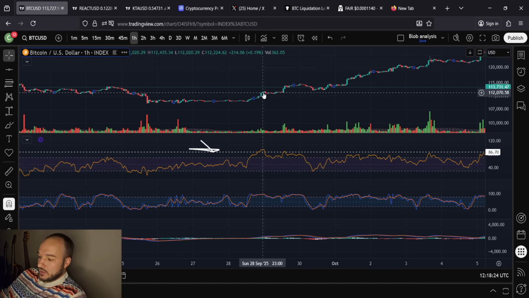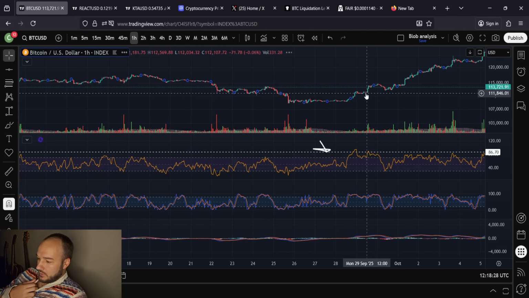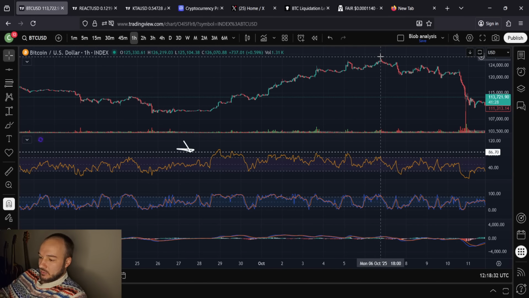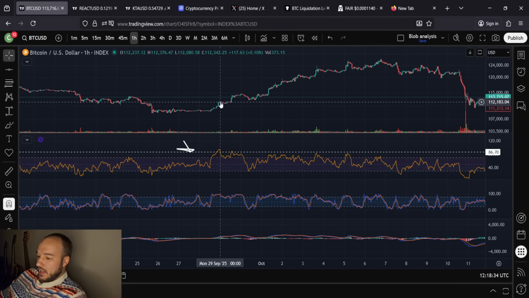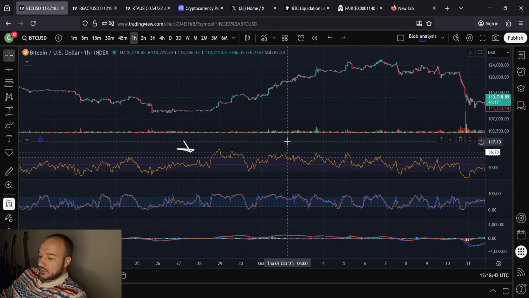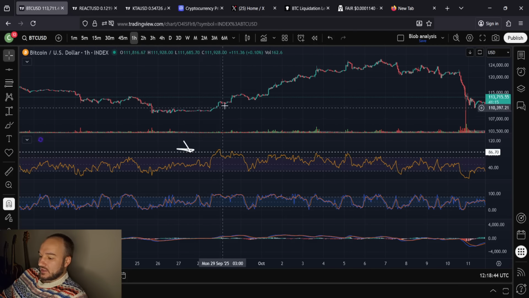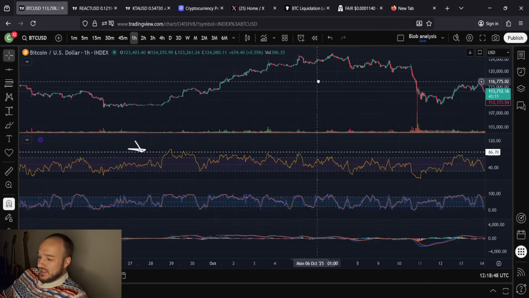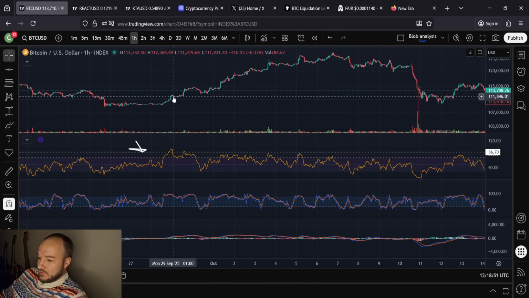Look at this, this was just the beginning of a move back on September 28th that took us all the way up to new all-time highs by October 6th. In a week's time, we went to new all-time highs. We went from virtually the same price that we're at now, a little bit lower technically, all the way up to our all-time highs. We're seeing the strongest readings on the 1 hour RSI that we've seen since the beginning of this move.